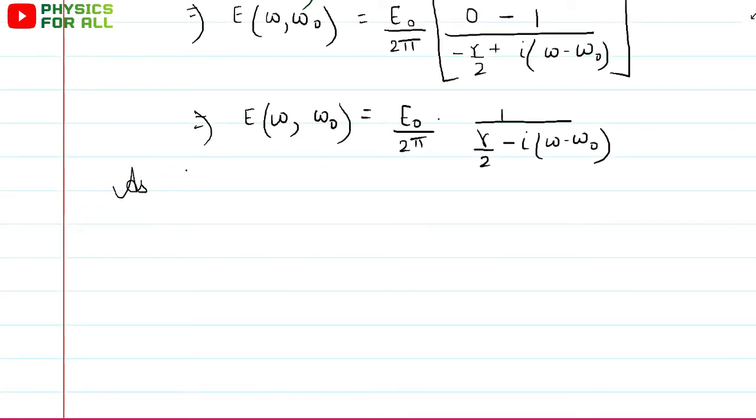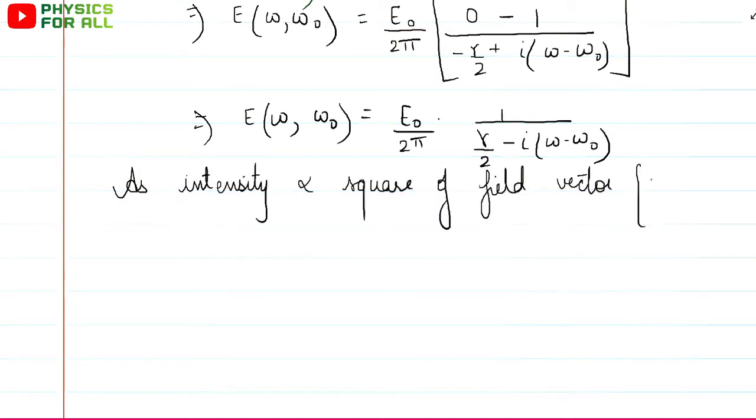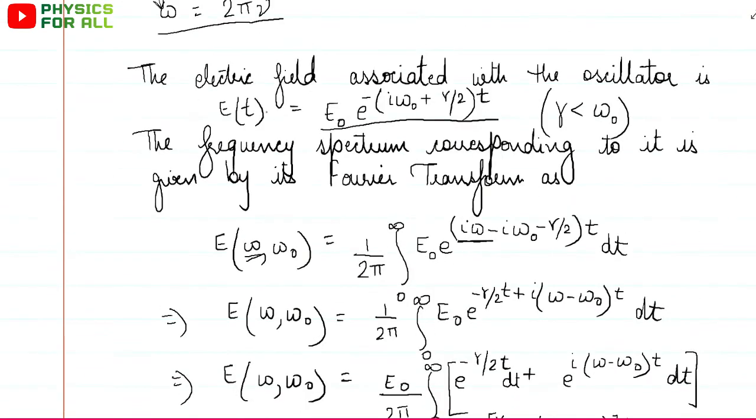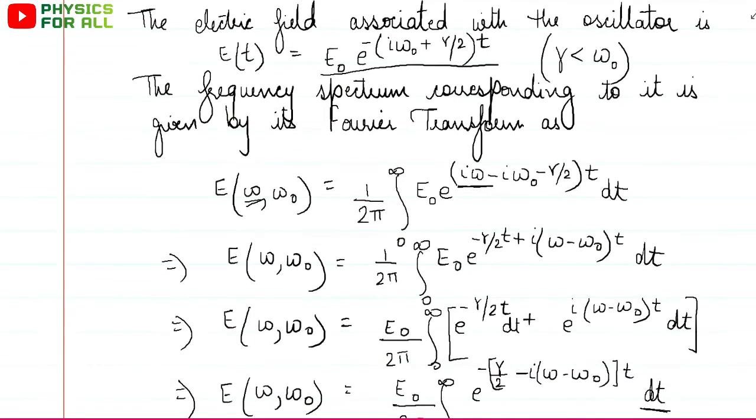As intensity is directly proportional to square of field vector. We often say intensity is directly proportional to amplitude square. Here amplitude means the square of field vector. This whole is the electric field vector, and here we would square it to get the value of intensity. Intensity is proportional to E square. Remember, I am not saying E naught square, which is simply the amplitude. But here we are concerned with the whole field in itself. We are going to write the E T form. We need the complete electric field associated with the oscillator.